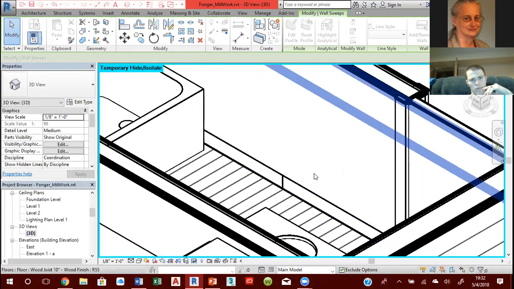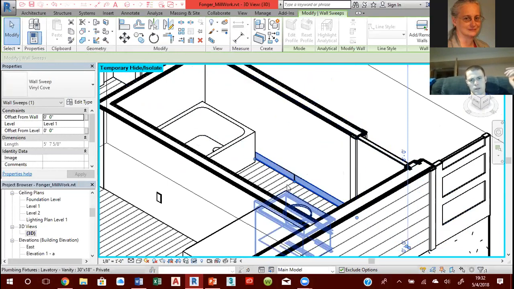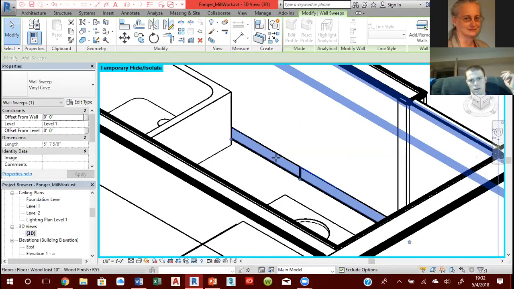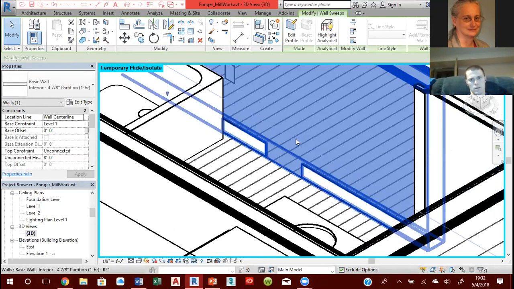There we go. See if you can grab this other one to the corner of the tub. It's like the middle side line. See if you can pull it to the,